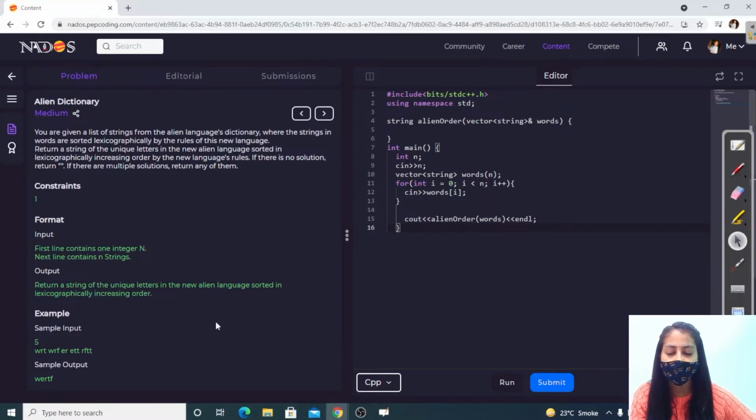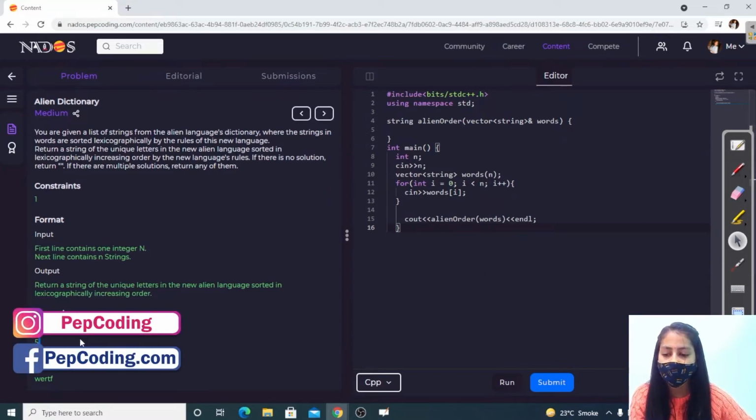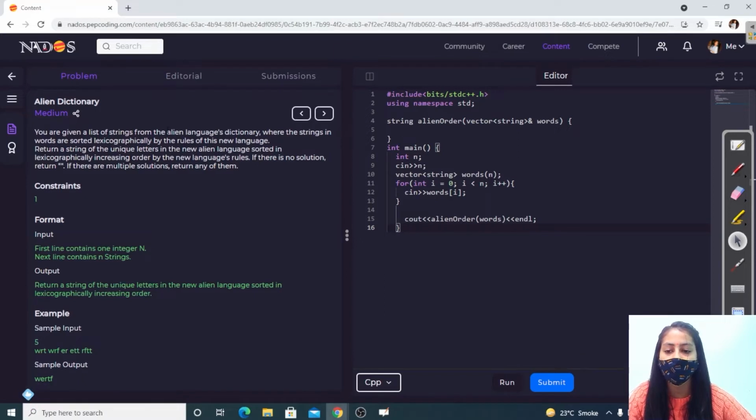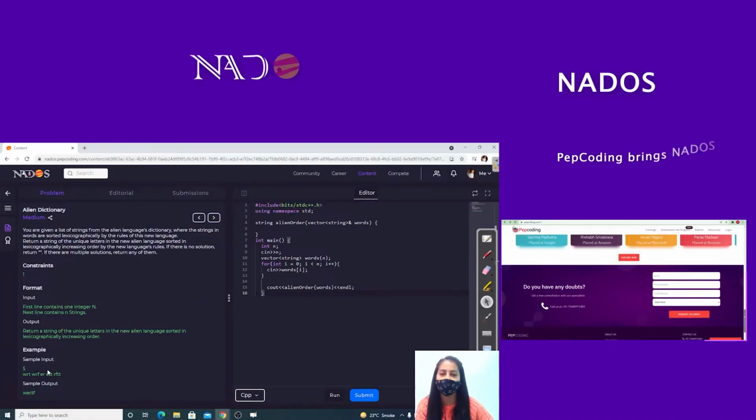So if we are given a list of strings like this, right? Now this list is sorted in lexicographical order, right? So this is the lexicographical order of a new language, that is an alien language. We don't know the rules about that language, but we have to find out the rules and we have to return the string of unique letters in all the words, which string is also sorted in the lexicographical order of this language, right?